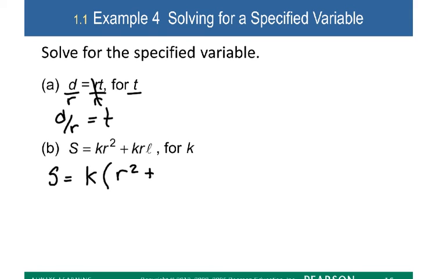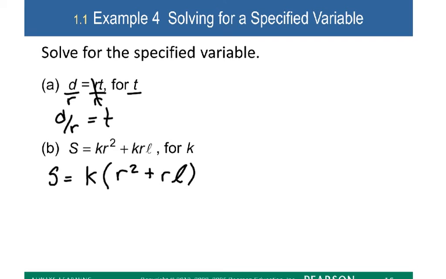And then this next term, when we factor out a k, we are left with just the r and the l. So write that down, r, l. Now that we've combined our k terms together by factoring it out from these two different terms that we had before,